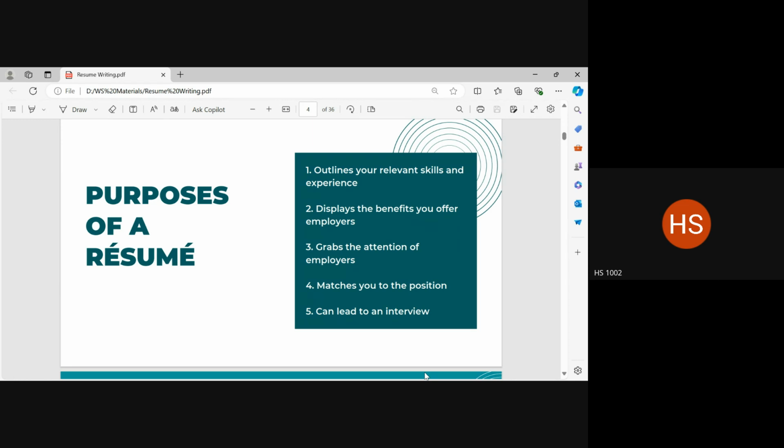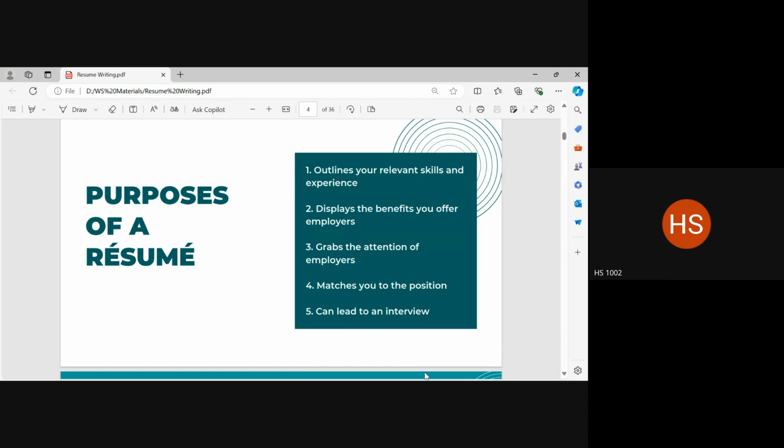That is why a resume should be able to match you to the position that they have advertised. We already discussed things like alignment and fitting with the job description. A resume does this in writing. It gives this in writing. It tells your employer that this person has such and such a skill and is therefore aligning exceptionally well with the job description that you have put out.